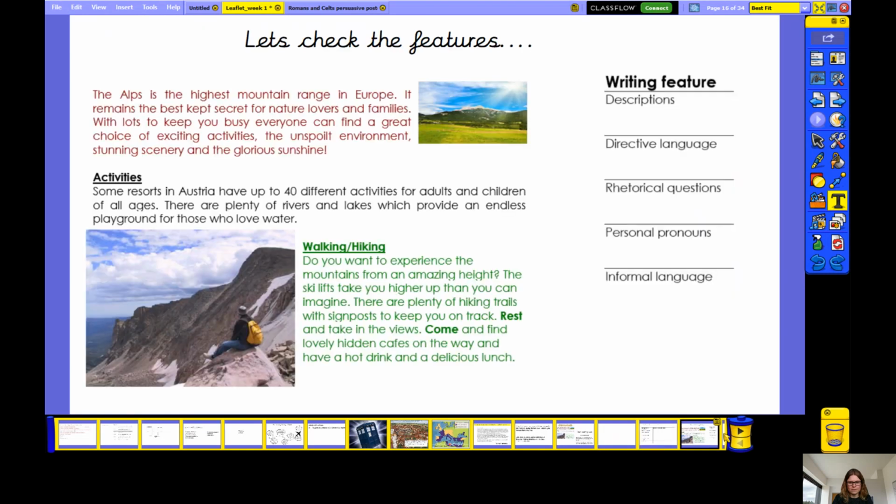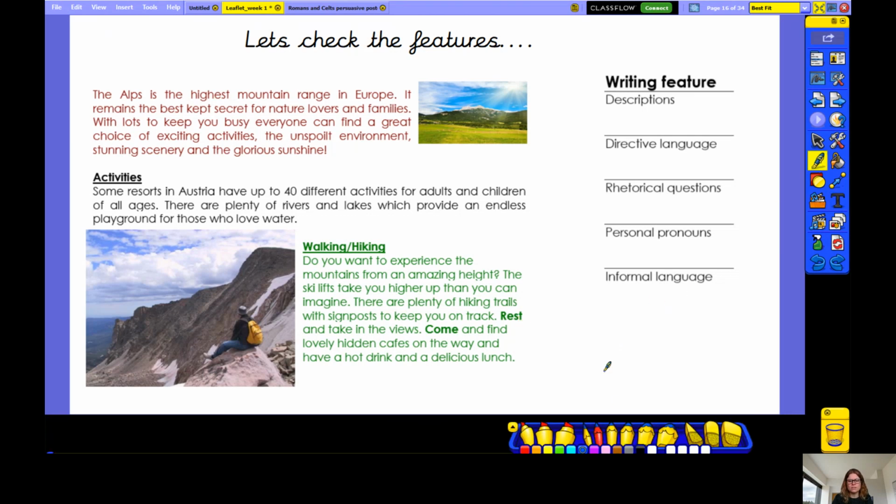Well done. Okay, now let's just check we found some features. I'm going to look at just this little part of the text. I'm not going to look at all of it. I'm going to see if I can find some of these. I might not be able to find all of them. I'm going to start with descriptions. I think there's a good chance there's some really good descriptions here. I'm going to use the colour yellow for this, so I'm going to underline some yellow